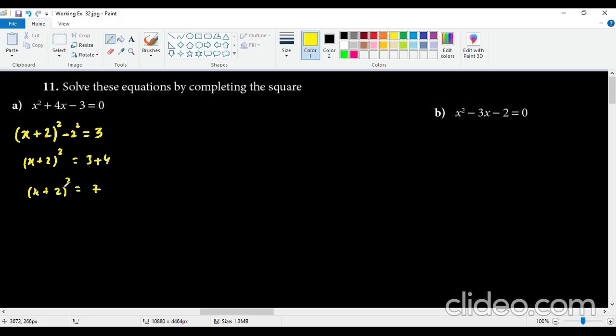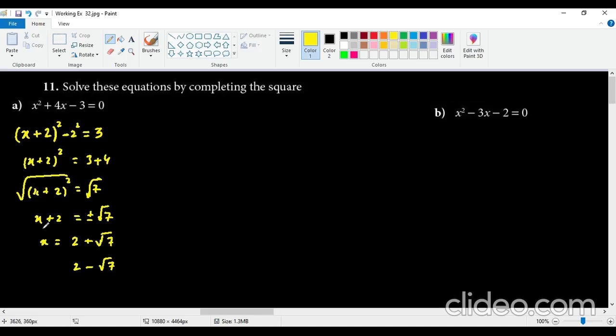Now taking the root of both sides, it's going to become x plus 2 equals under root 7, and it's going to be x equals minus 2 plus under root 7 and minus 2 minus under root 7. These two are the